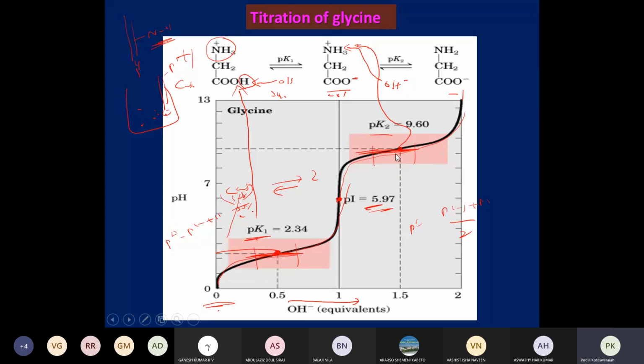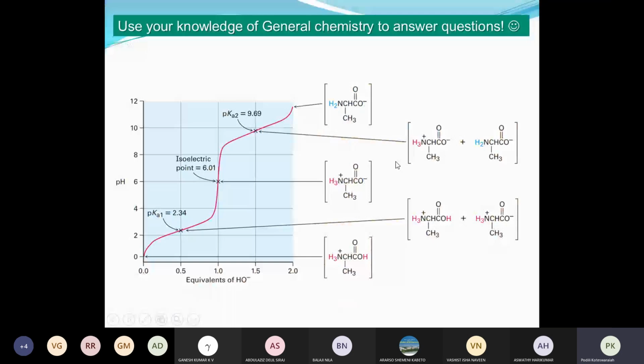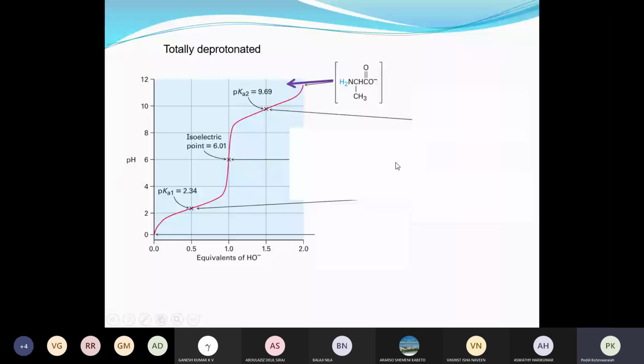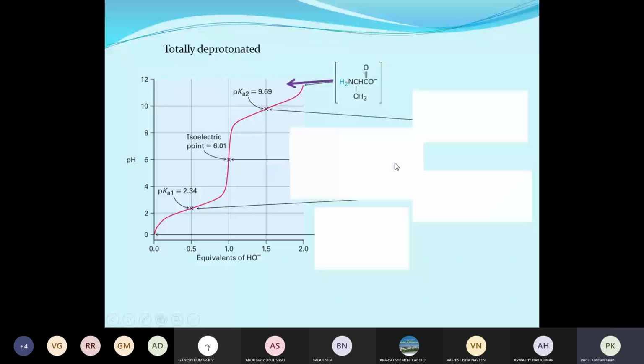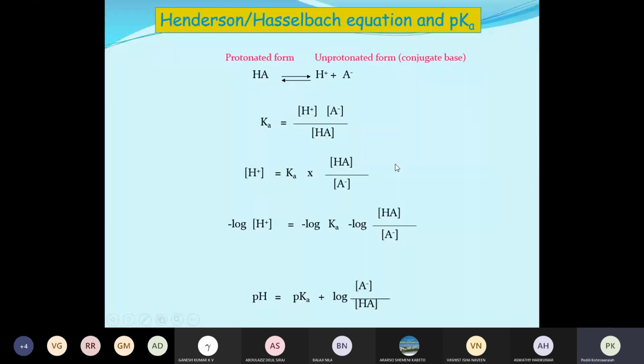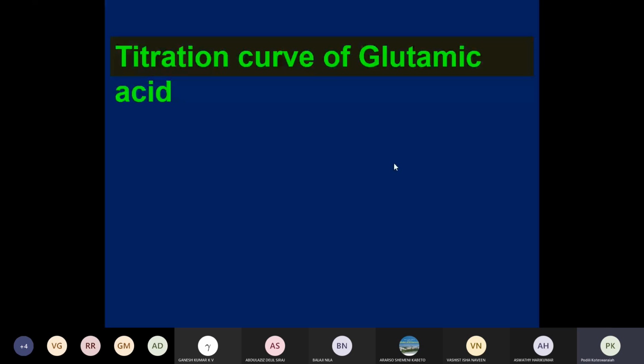So that means the Henderson-Hasselbalch equation is used to understand the behavior of the amino acid and its net charge during the titration. This is in the case of a neutral amino acid, because neutral amino acids have only one amino group and one carboxyl group. Coming to the